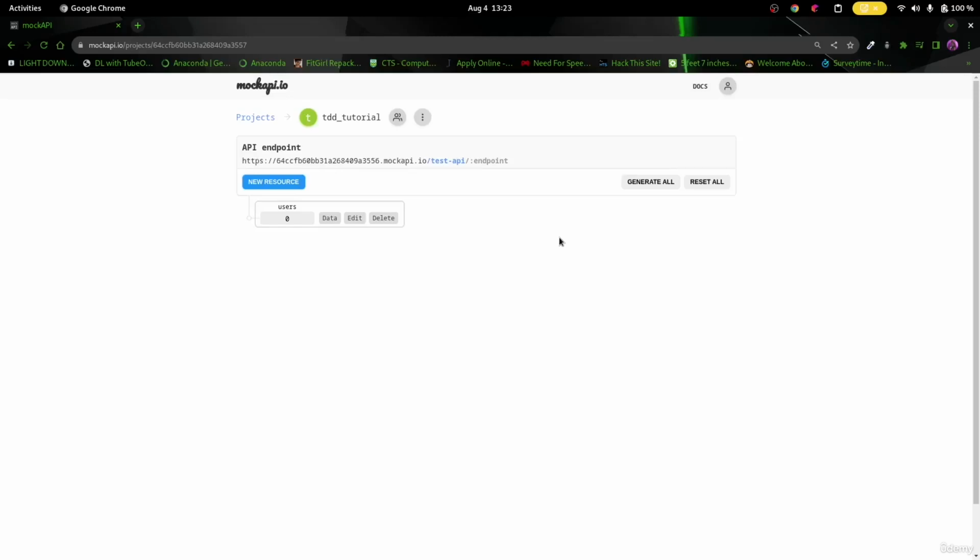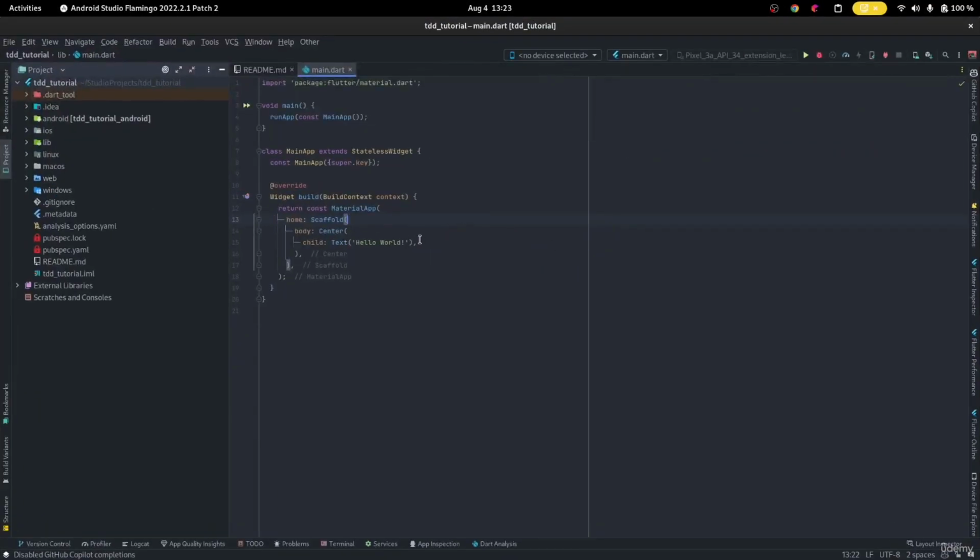be able to create the users ourselves from our Flutter application. So let's go ahead and get started. So in our Flutter application, first things first is to create our layers, right? So inside of our lib folder,